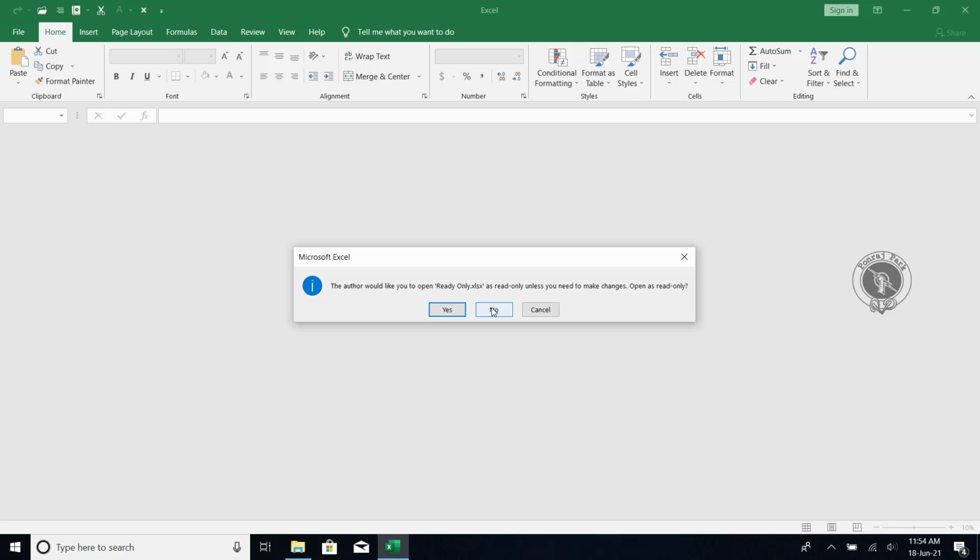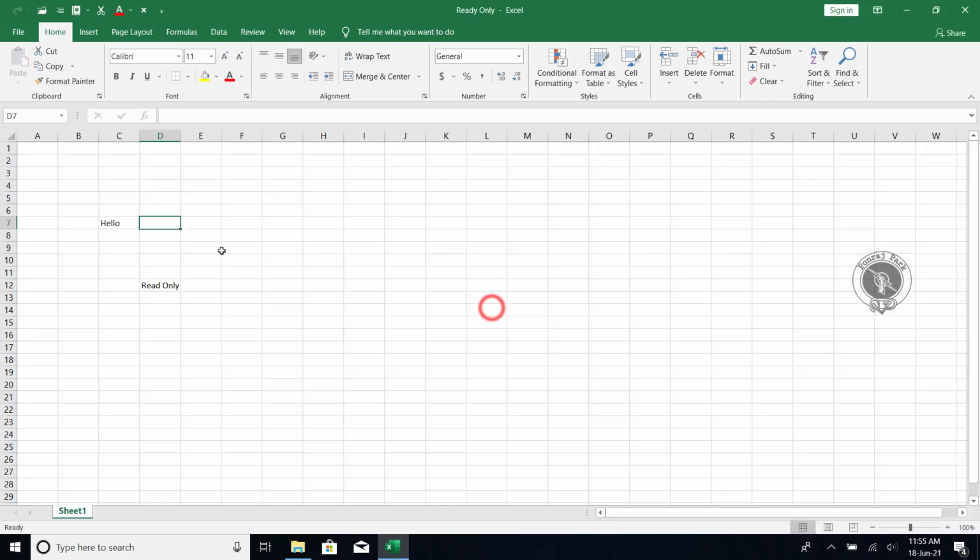So you may ask why this option is needed. If it's saving a copy of the file, why are we using this? This one window is deciding whether we are going to save or edit something, because sometimes someone may mistakenly open this file and write something over here, and they don't know what changes they have made. So for that purpose mostly we are using this option.